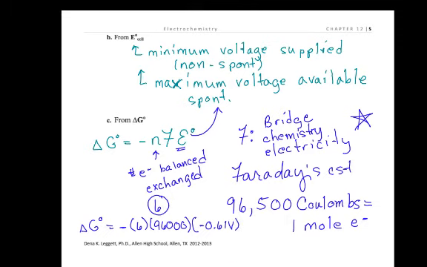And when we do that mathematics, we're going to get a positive 353,190 joules. So you've got to have delta G in joules to use this equation, which would be the equivalent of plus 353 kilojoules,